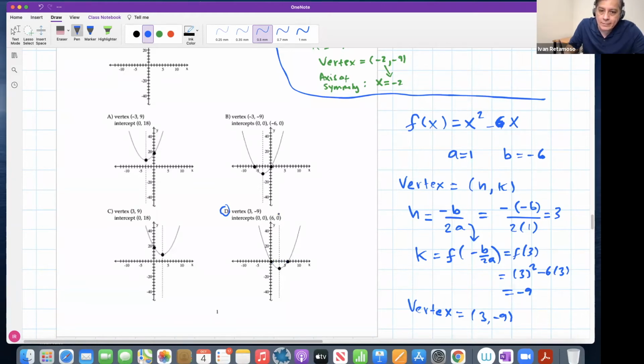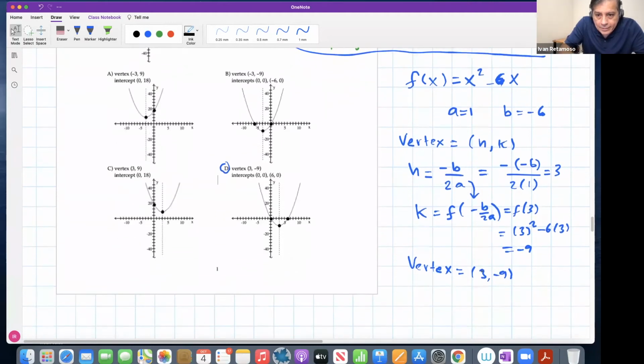It's a reflection of this because of the vertical symmetry. And then you connect the 3 dots. It should be this. The x-intercepts are (0, 0) and (6, 0), right? You can do that yourself. Okay, let's go now over the